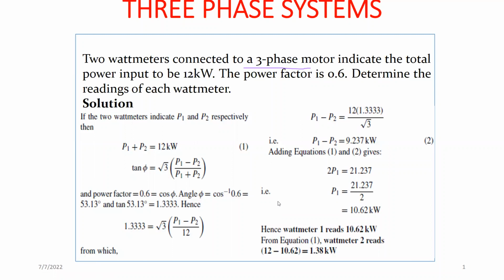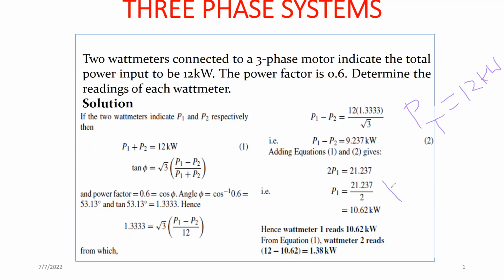motor indicate the total power to be 12 kilowatts. Then the power factor is 0.6. Then you are asked to determine the readings of each wattmeter. So you are given the total power to be 12 kilowatts. And we said to find the total power in a 2-wattmeter method,